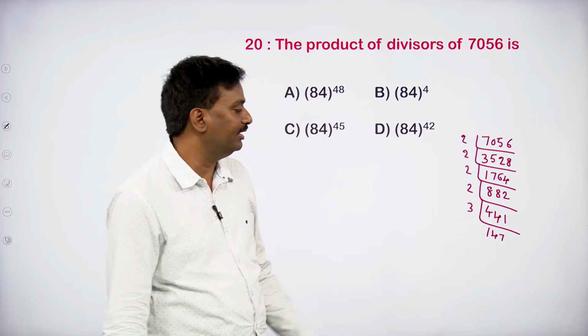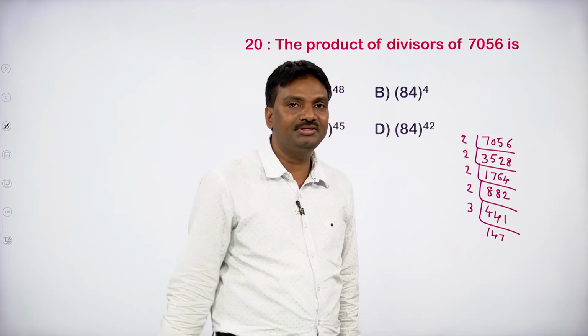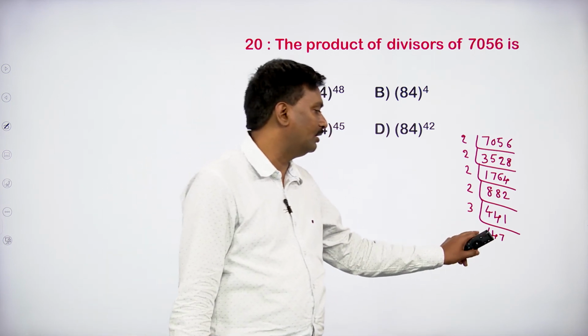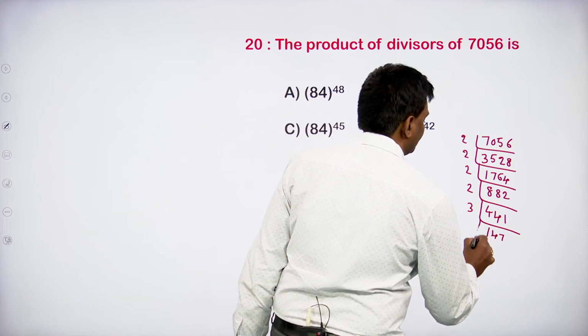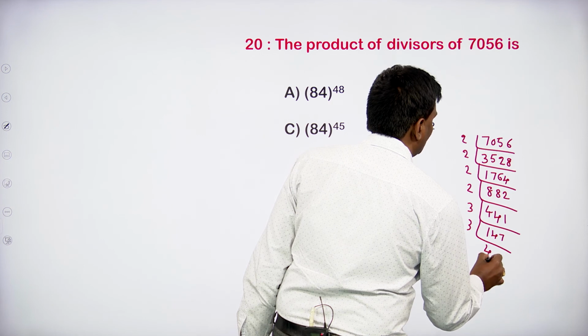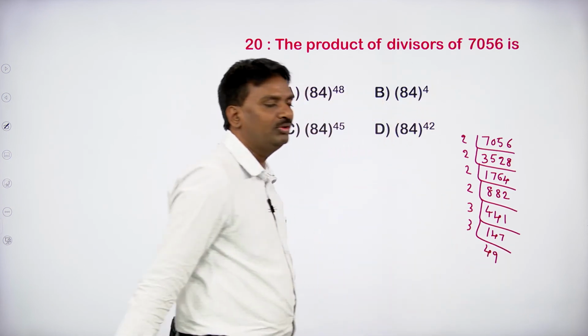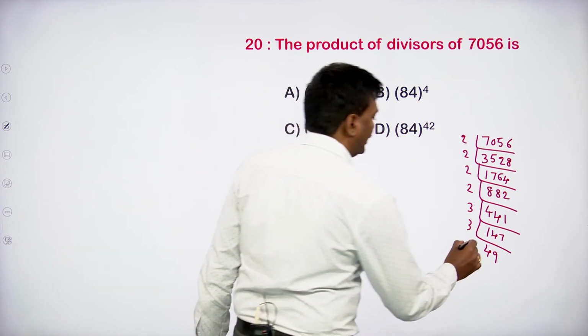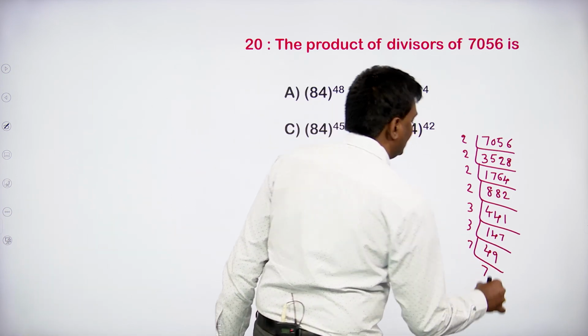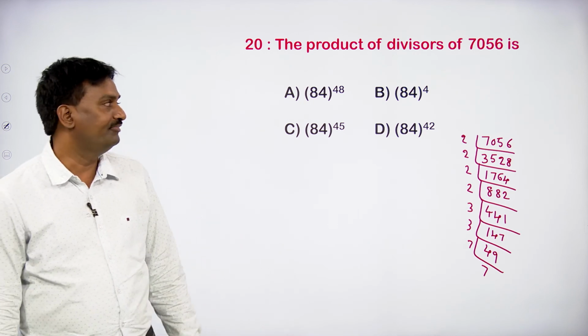3 7s are 21. Again, let us check whether 3 is a factor of 147 or not. 1 plus 4 is 5, 5 plus 7 is 12. So we can take again 3. So 3 4s are 12, 27, 3 9s are 27. This 49 can be written as 7 into 7. Now we can write